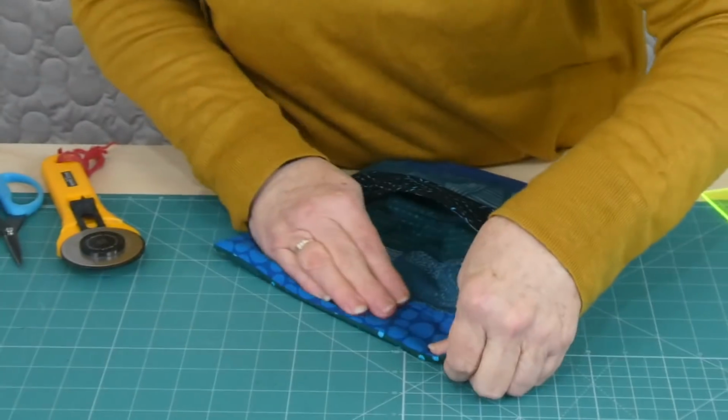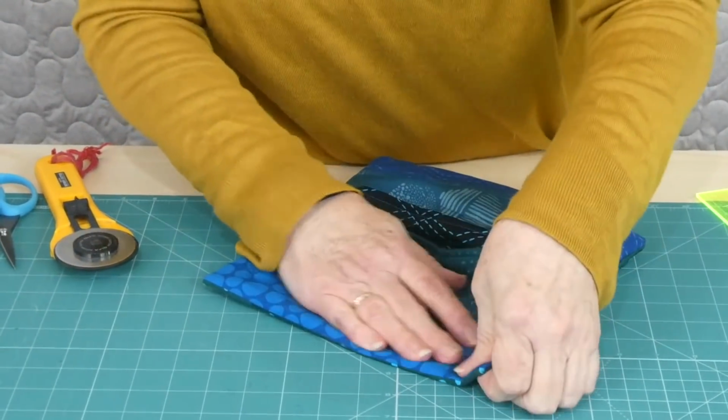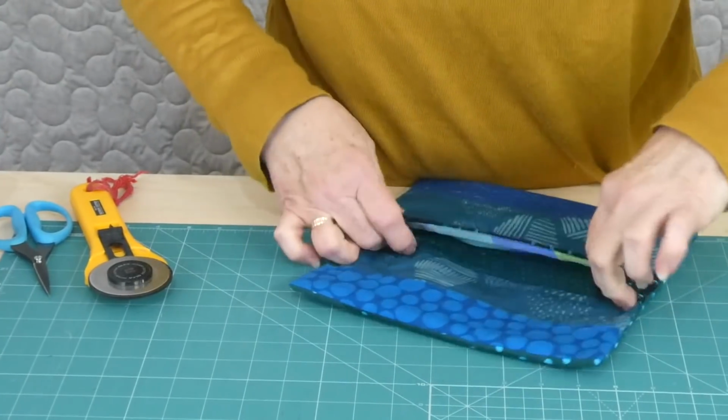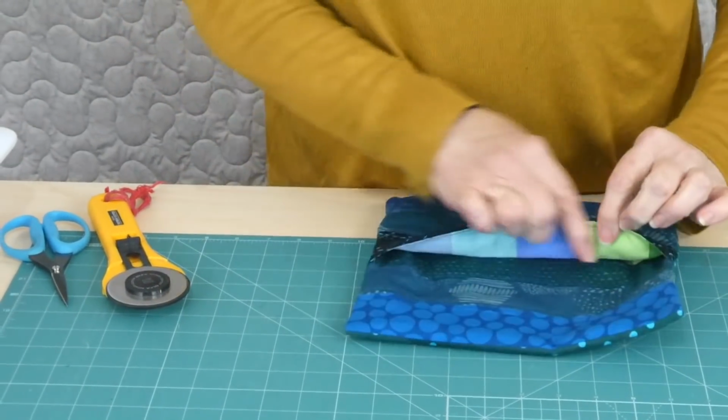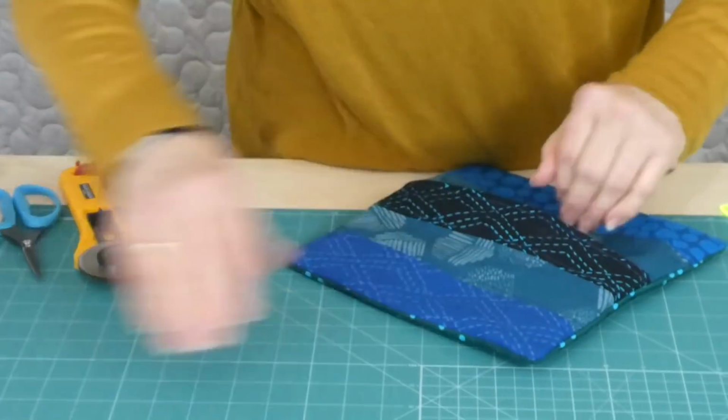So now we just want this to be sitting nicely on the end here, so that we can top stitch with that seam there. This should sit in there, and that should overlap. So this should be overlapping, that whole centre strip should be overlapping that one there. So I'm just going to press that